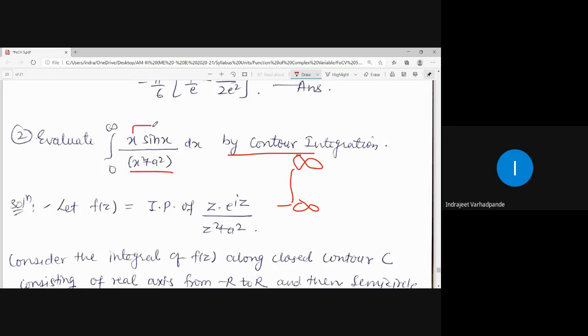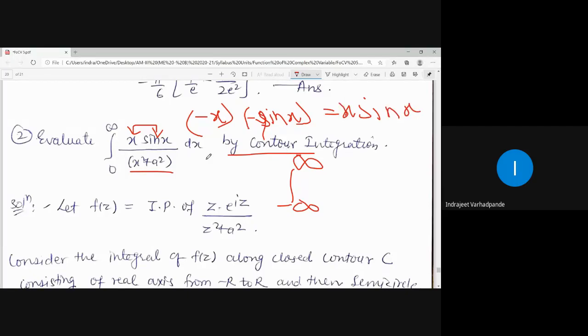But in the numerator, both these functions are odd functions. Replacing x by minus x will give you minus x, and replacing x by minus x will give you sine of minus x. But sine of minus x क्या देता है बेटा आंसर? Minus sin x. So minus into minus क्या हो रहा है? Plus. यानी ultimately what answer am I going to get? I am going to get the answer as x into sin x.